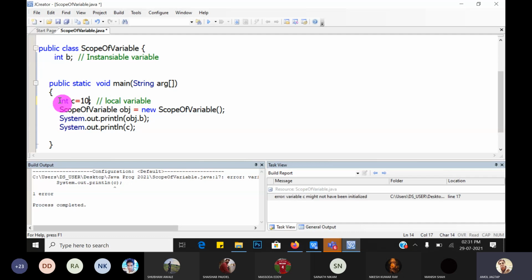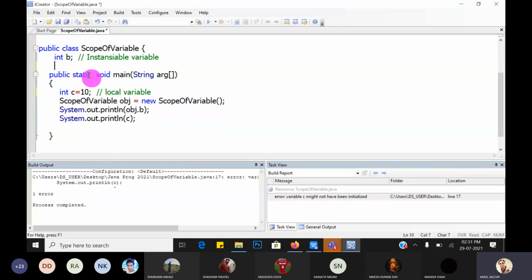So you must initialize the local variable prior to use. This is the grammar of the Java language. In C, C++, it is different. Local variables inside main that you have not initialized give garbage values, no doubt. But in Java, some standard rules are applied for the different types of variables. Great. Guys, understood? Any doubts till this?